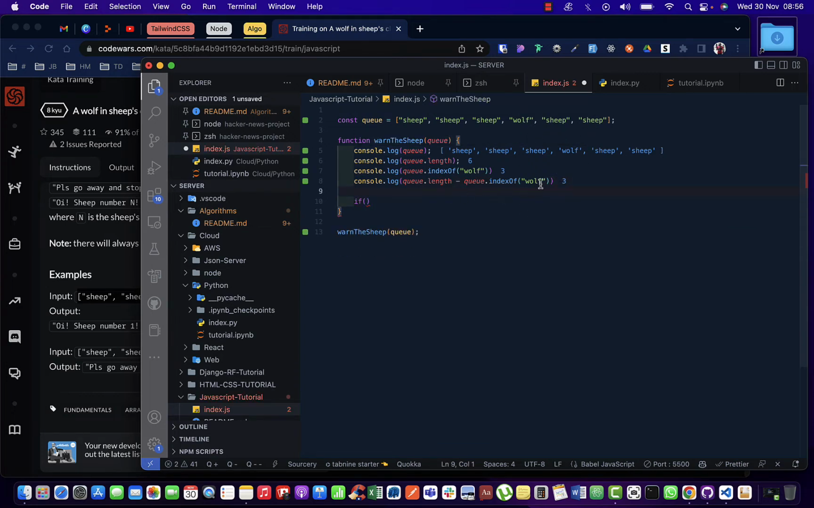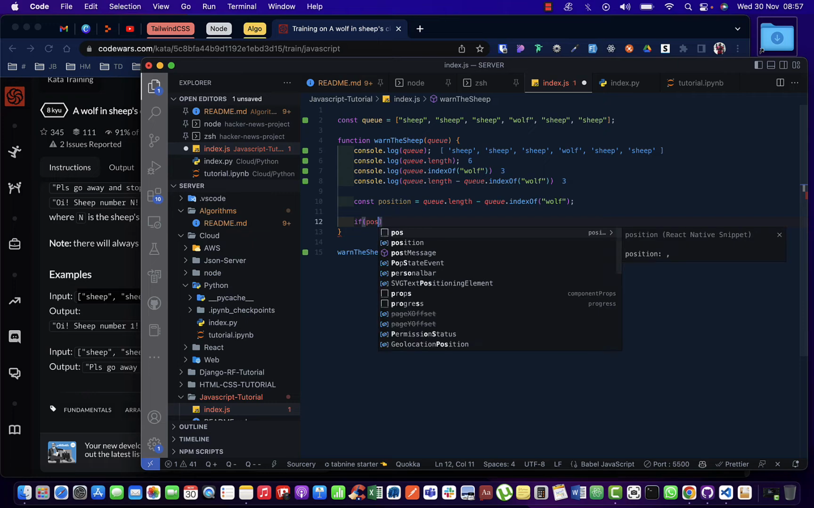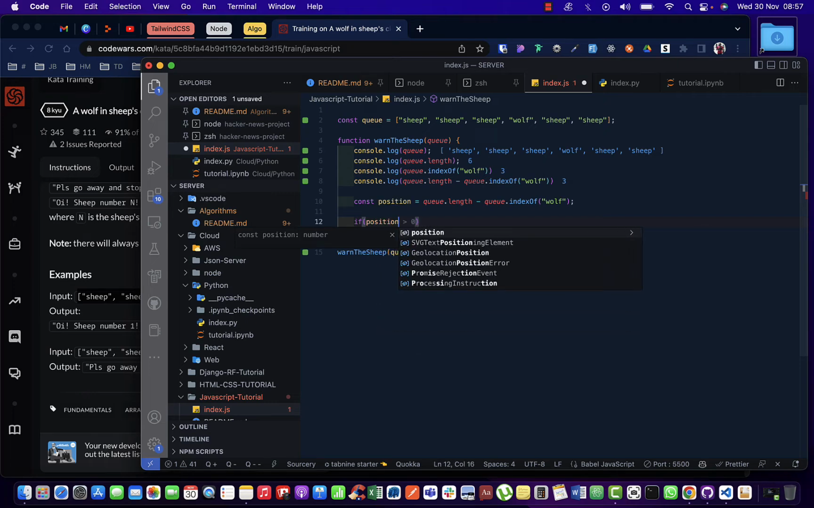So what I'm going to do is get this into a variable here. So I'll just say const position is equal to that. So if the position is